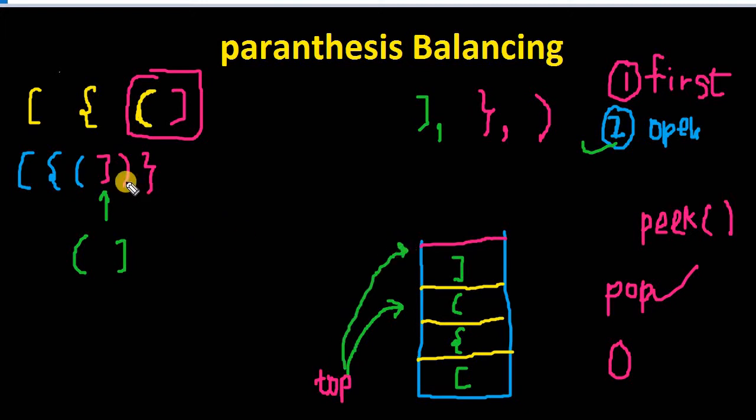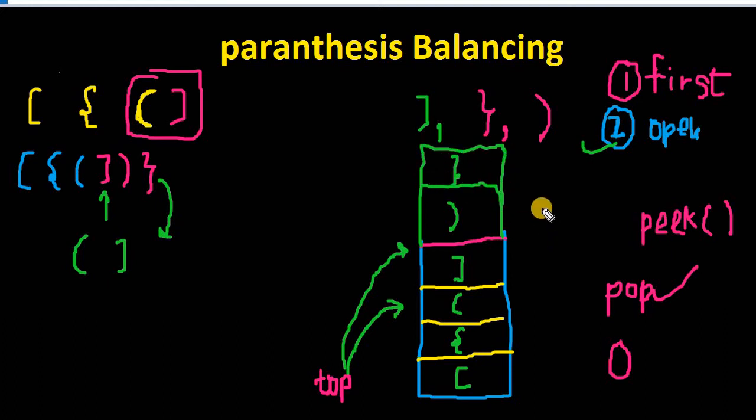After that, we will encounter this. We will check the peek condition. We know this is of this type. It will not match. So again, it will be added here. So this will be this. After that, we encounter this particular case, we know the top is not matching the condition. So it will be again added in the stack.